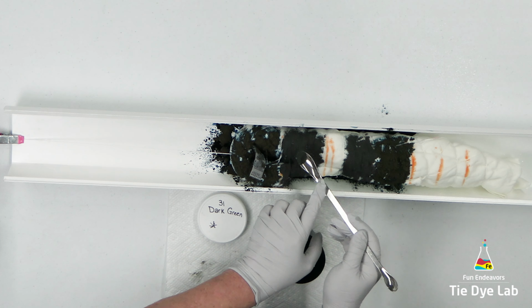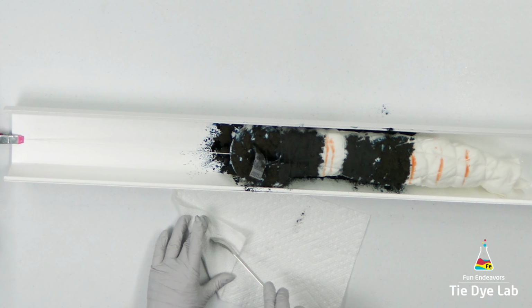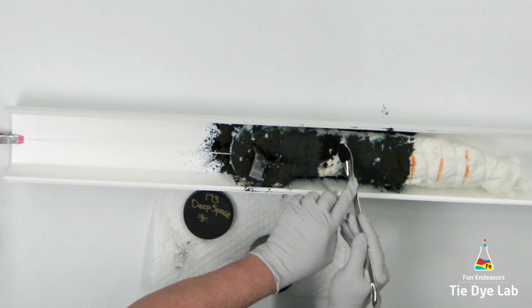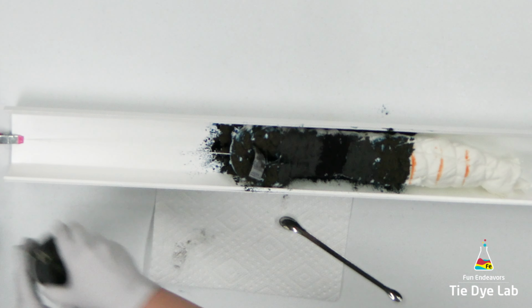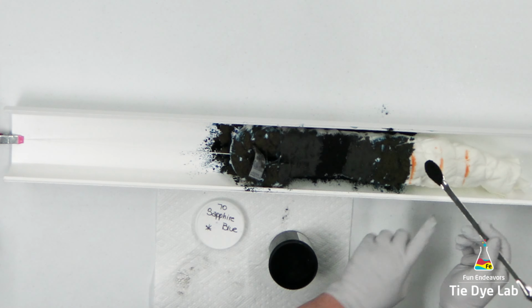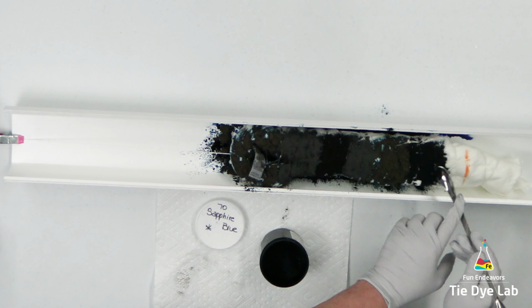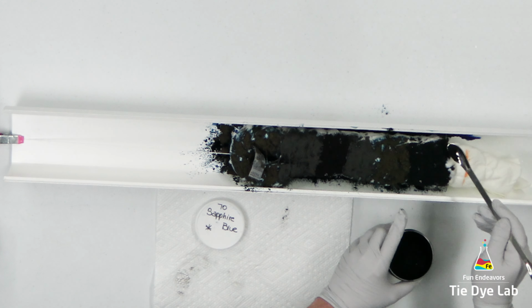The next color I'm using is dark green from Dharma Trading Company, and I decided to change it up a little bit and add a little bit of dark green outside the Avalon, skip a space, and then add a little bit more dark green before the next line of Avalon. In that space in between, I'm going to add deep space from Dharma. The next color I'm going to apply on the other side of Avalon is sapphire blue from Dharma, followed by